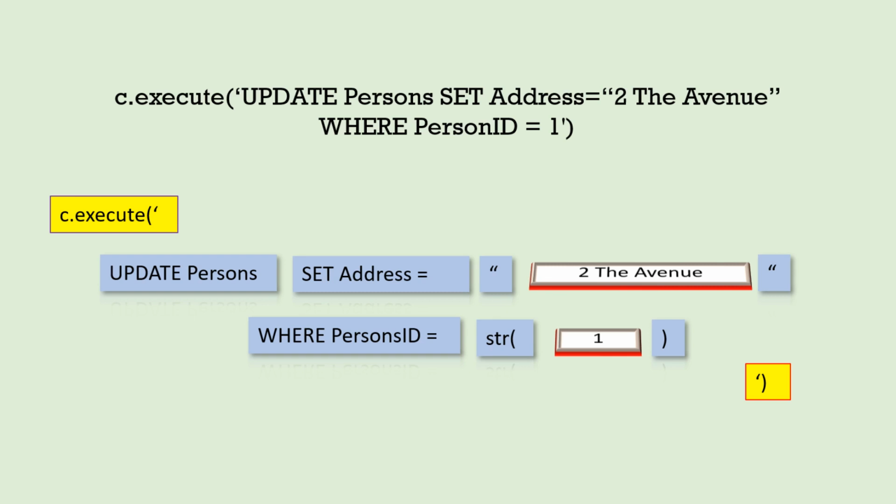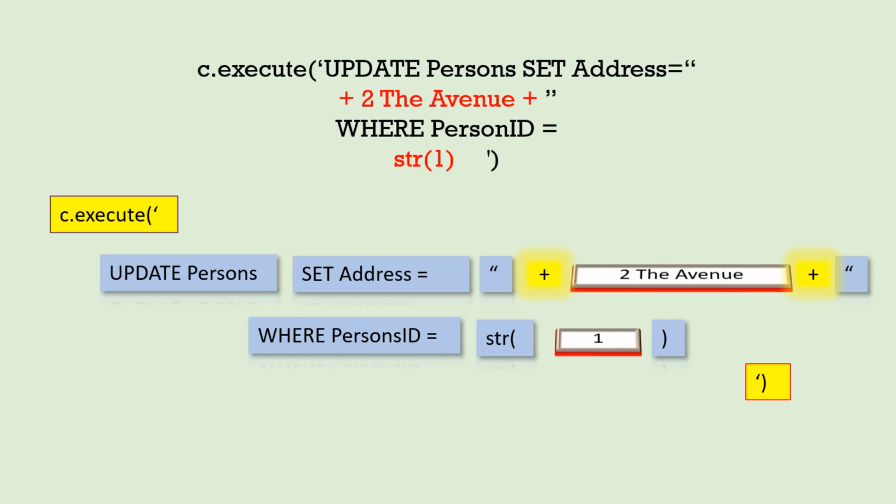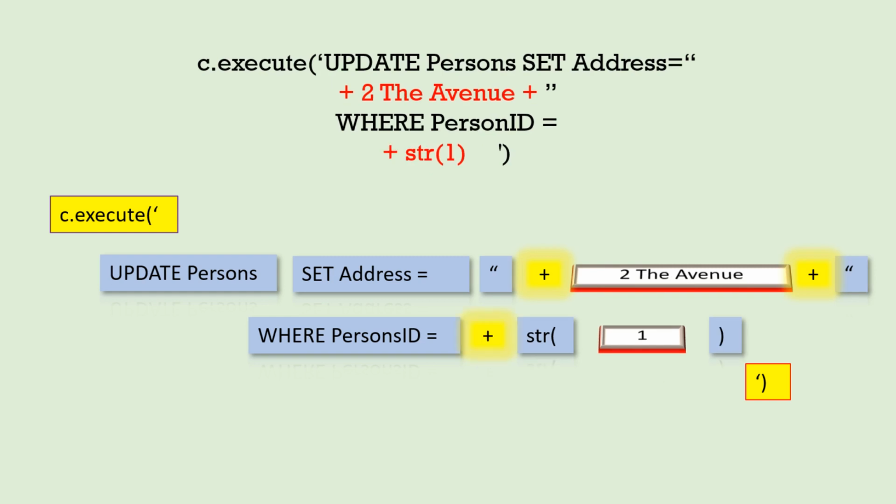Now, we have to split these up. It's not all one string. So we've got our SQL, then we've got our variable, we've got our SQL, then our variable, then our SQL. All of that inside our Python code. To concatenate the strings of the SQL and the variables, we're going to use the plus. So here we've added the plus around the string of the address and also the string of the number,